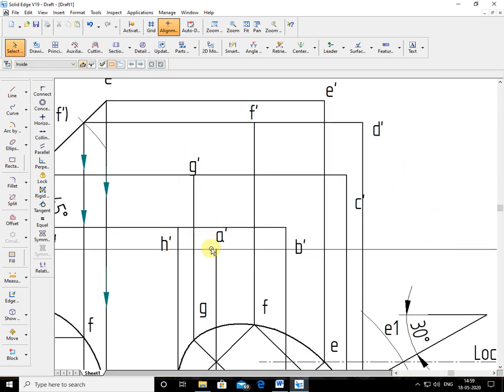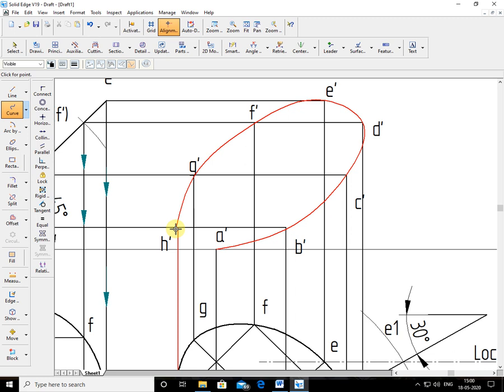So now here curve command I'll choose. I'll start from A, end of the line. See here, end of the line. You have to choose end of the line. You cannot choose intersection line. End of the line here. Okay, end of the line. Again, end of the line. Again, end of the line. Okay, this is the front view. Now I will make this dark. This front view, so this is the solution of the problem.